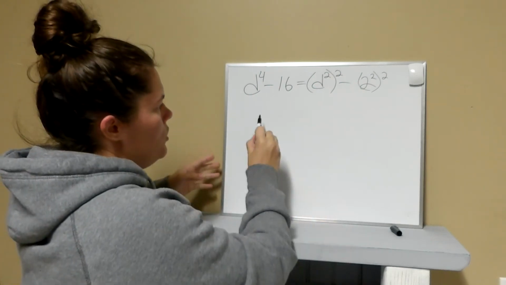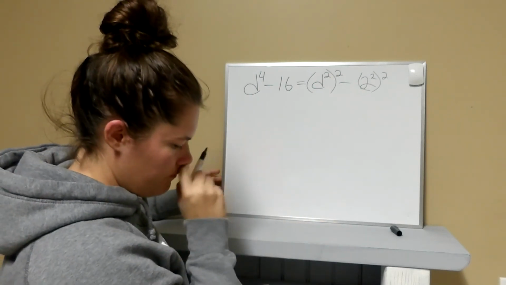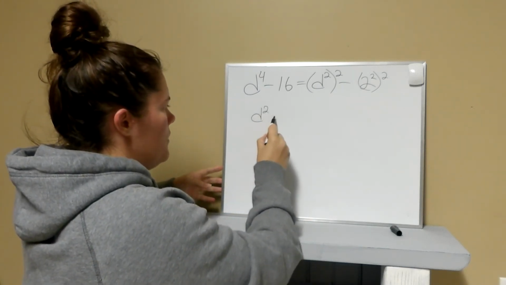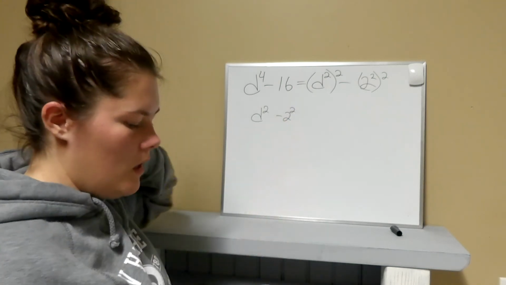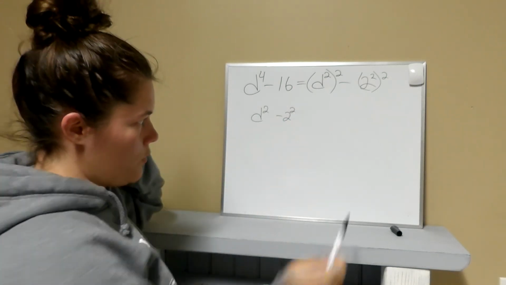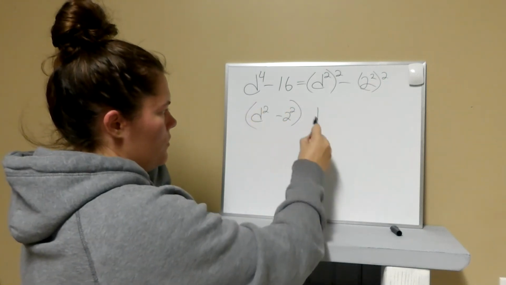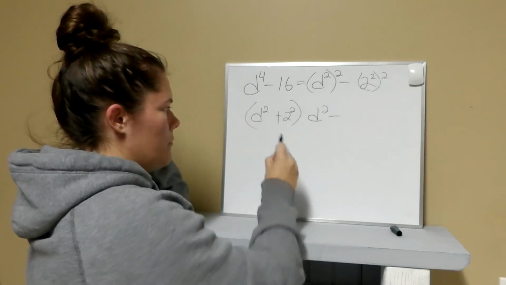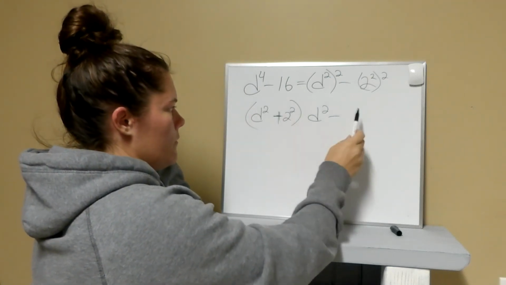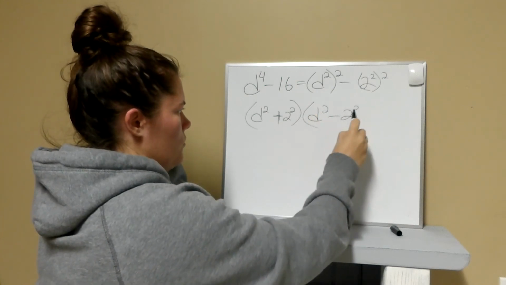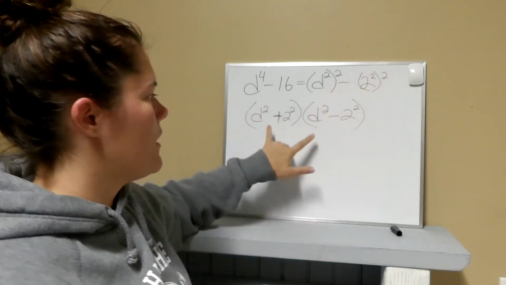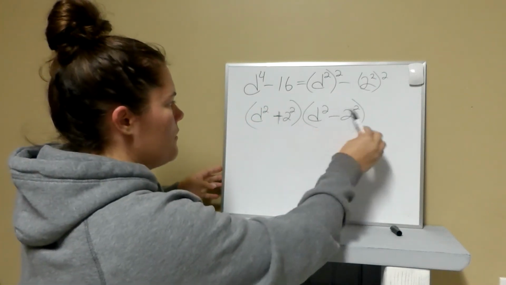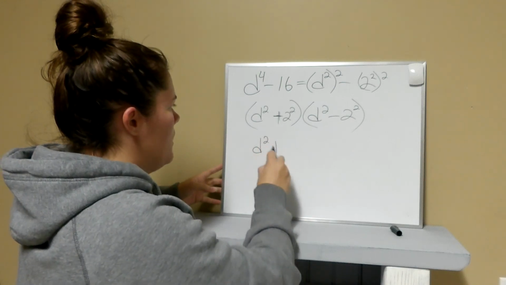So with that, you would kind of solve it first. So you would have d squared minus 2 squared. And then you would do it twice, because everything is squared. So then you would do d squared, is it plus or minus? Sorry, this one's supposed to be plus. First one's supposed to be plus, second one's supposed to be minus, 2 squared. So here everything is squared, so you're just writing it twice just to make it to where you can start solving it. Then you have to solve these numbers, so then you'd have d squared plus